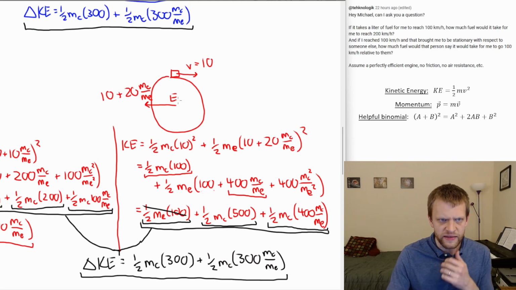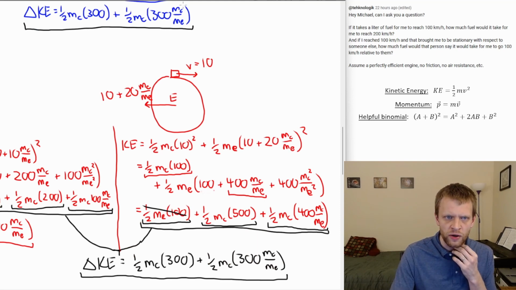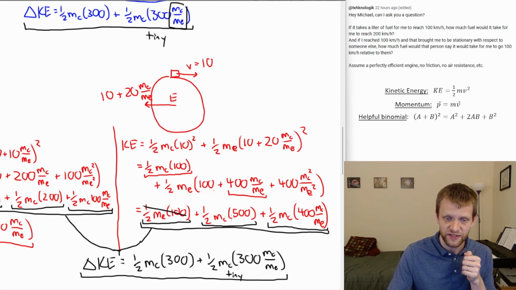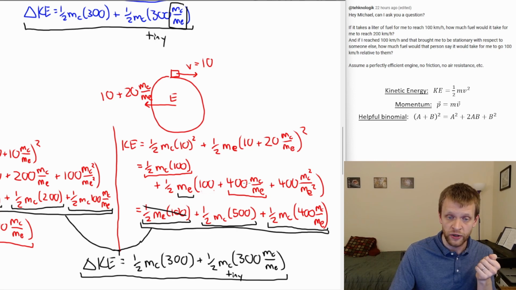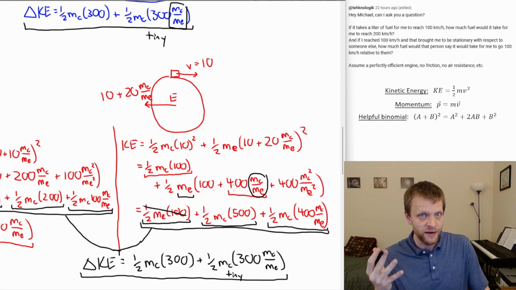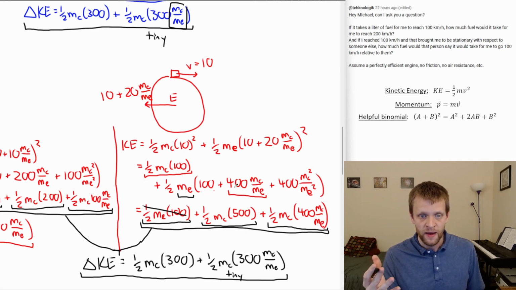And again, these last terms on both of these, the one that has the mass of the car over the mass of the Earth, this is tiny. We can safely ignore that term in both of these equations. But we can't ignore some of these intermediate terms when we're considering the mass of the Earth, because the mass of the Earth is super, super large. So when we multiply it by this thing that we were calling tiny, that can again become significant.